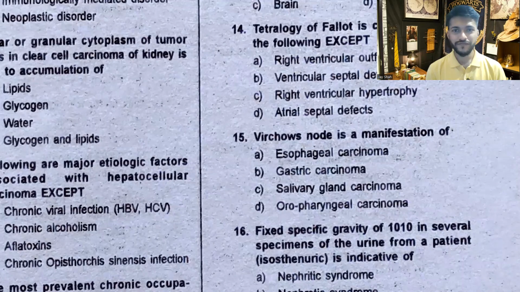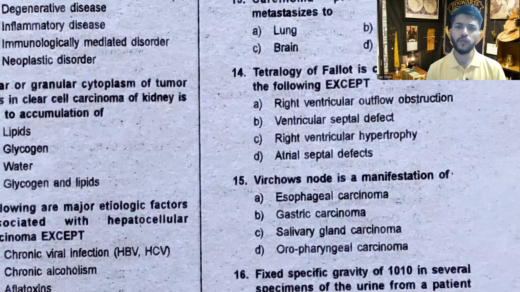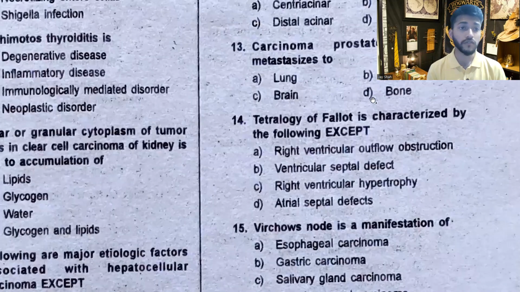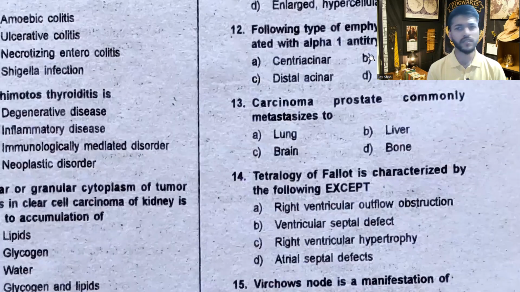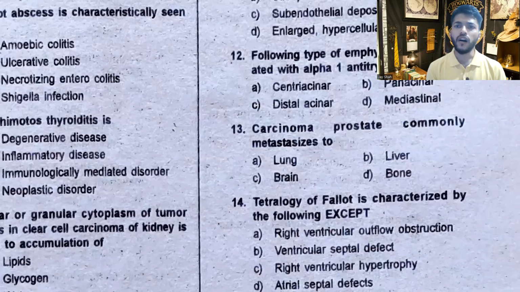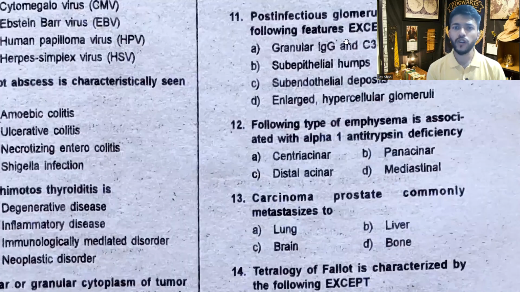tetralogy of Fallot. Carcinoma prostate, commonly metastasis to bone. Which bones? Your vertebra. Which type of emphysema is associated with alpha-1 antitrypsin deficiency? Panacinar. I have explained it. Go back, rewind, and watch it again if you have time. Panacinar. Post-infectious glomerulonephritis has the following features except